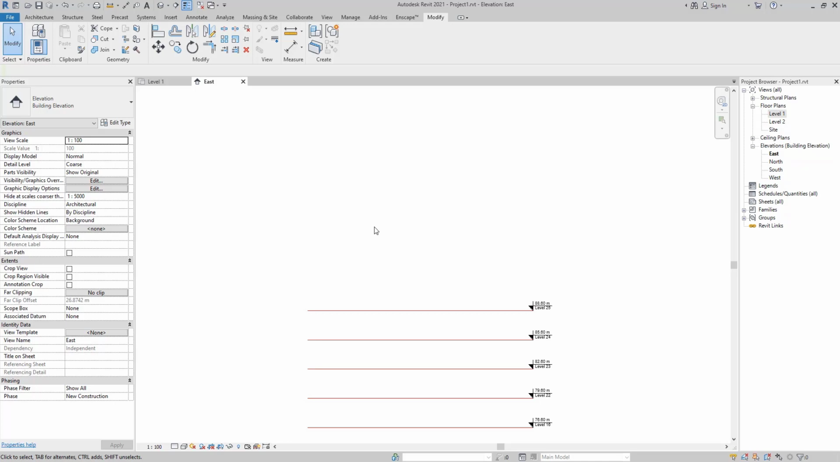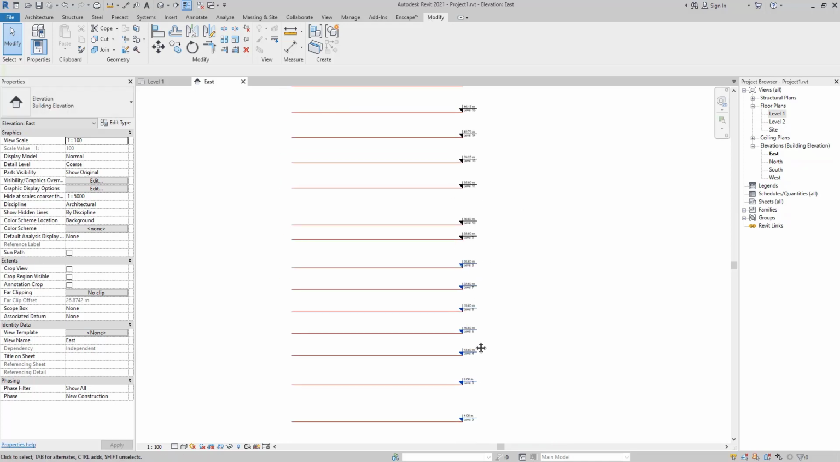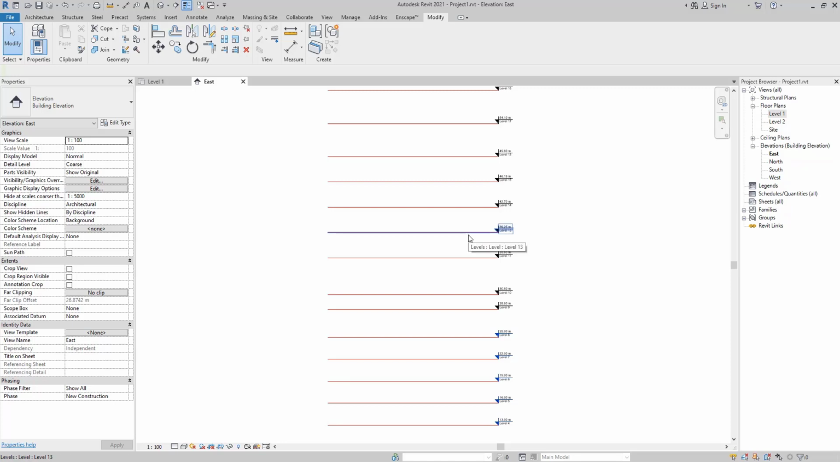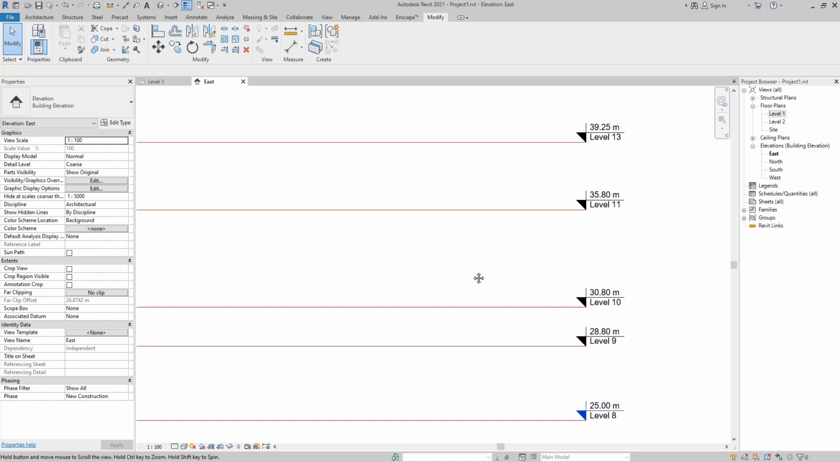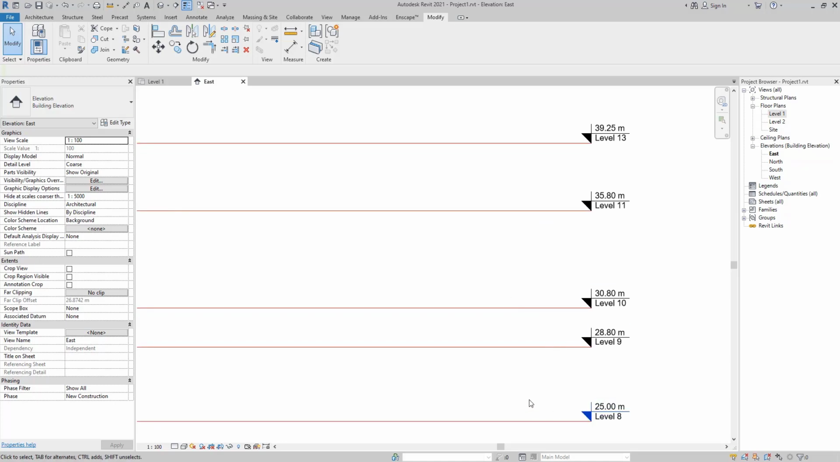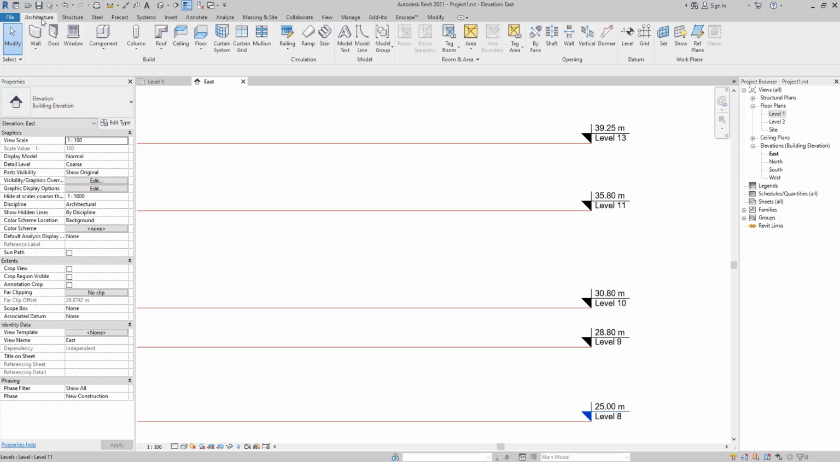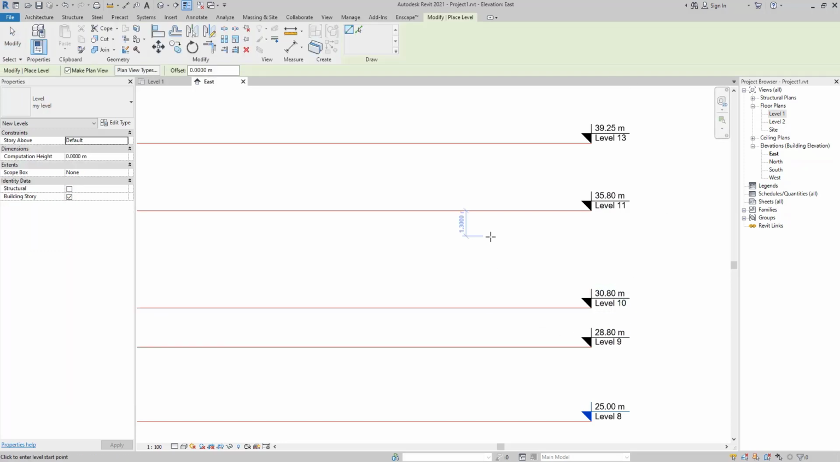Sorry, but for using these two options, the modifier, as you see, we created these levels by copy and array, but you are going to see the difference. One of the differences is when you are creating your level from your level panel, by choosing it from the Architecture tab, Level, or the shortcut is double L. By clicking double L, if you are drafting your level from the level panel,